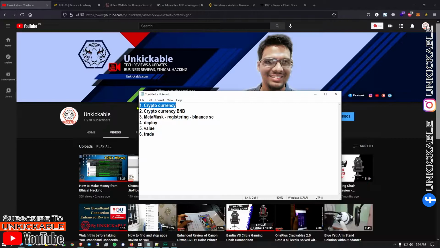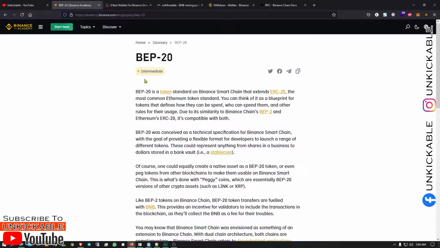You can choose any of the cryptocurrencies which you have, and you can transfer it to Binance.com. You need to register an account on Binance.com, so you can convert that particular cryptocurrency to Binance cryptocurrency, that is BNB. Over here, we are going to use a BEP20 token to create our own cryptocurrency, which is dependent on Binance Smart Chain. To go ahead with that, we also need to have our wallet set up. So we need a wallet which supports BEP20 tokens.